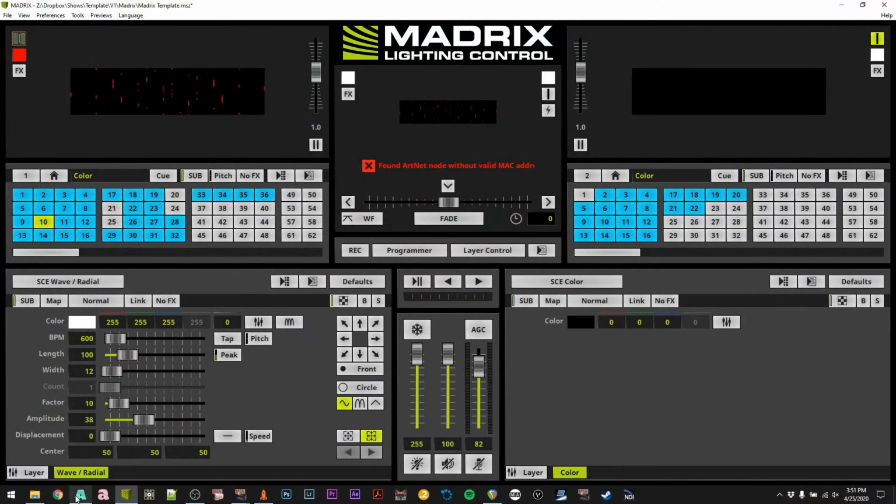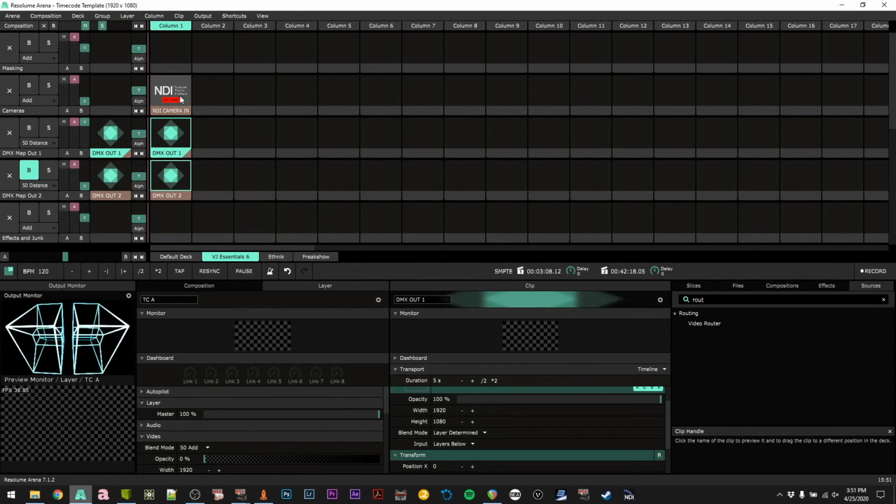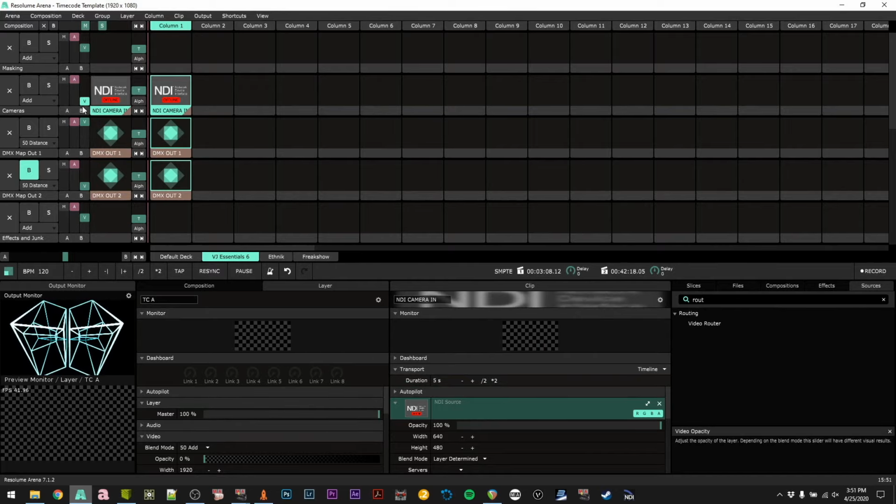The only time recently where we had some weird stuff going on was I recently got a new computer and loaded all the stuff on it, this Razer, and this was at EDC Mexico. When we went to do our programming session, Scott, our front of house engineer, also sends a camera composition. I don't know if you noticed that, but in Resolume at the top here, I have a camera layer, and this is an NDI camera source. But for some reason, when he would connect his computer that was running NDI 3 to my computer that was running NDI 4,